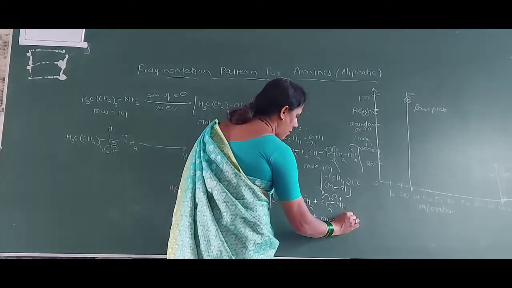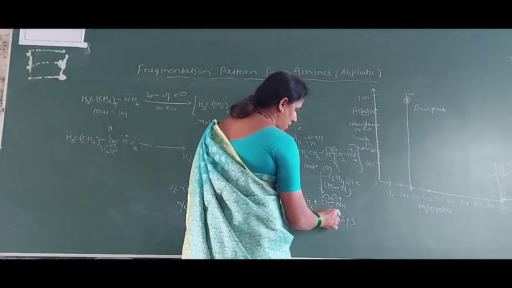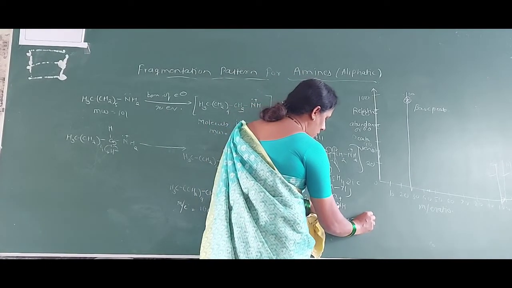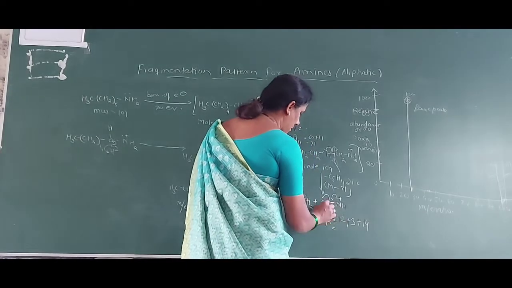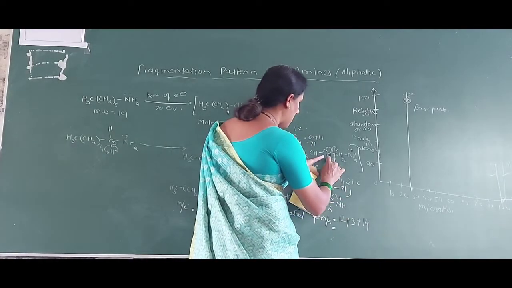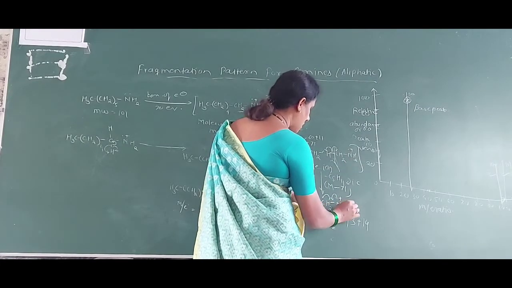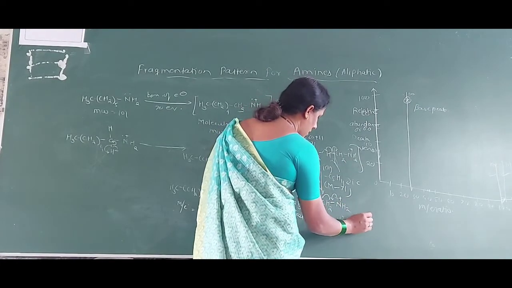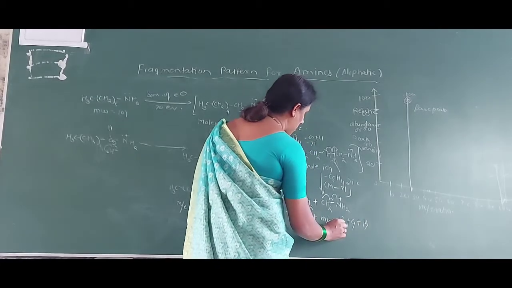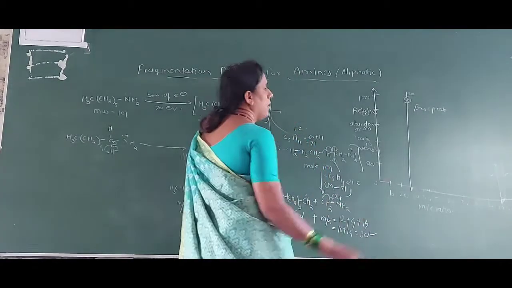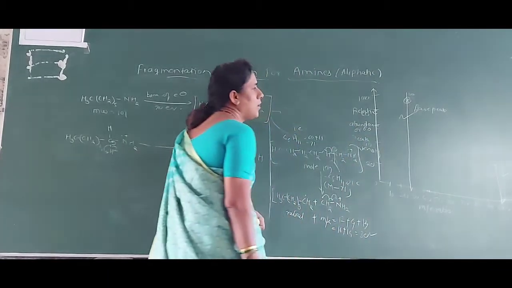Calculate this. 12 plus how much? What is this? That is equal to 15 plus how much? It is equal to 40. Now what is the remaining one here? That is CH2 and NH2. Therefore here 14 plus 4, that is equal to 16 plus 14, that is equal to 30. Thus we have explained all the peaks.